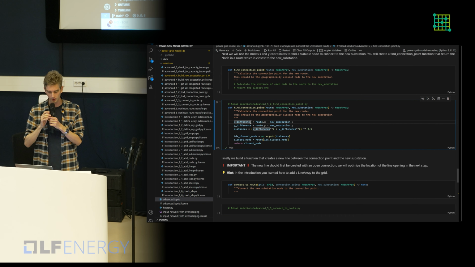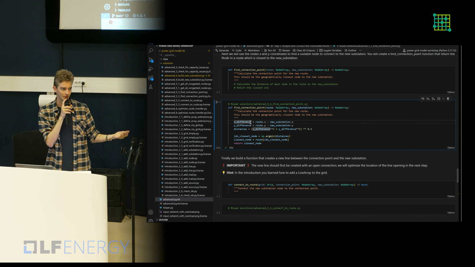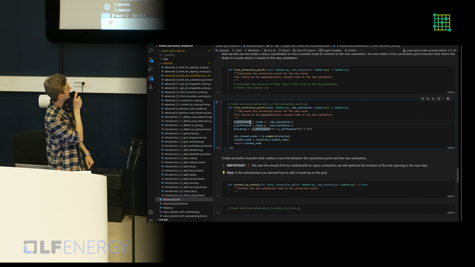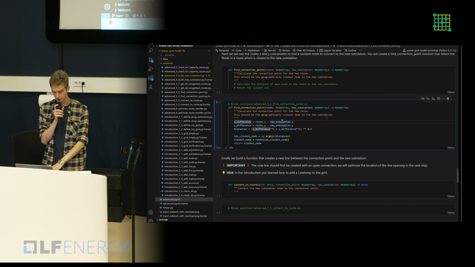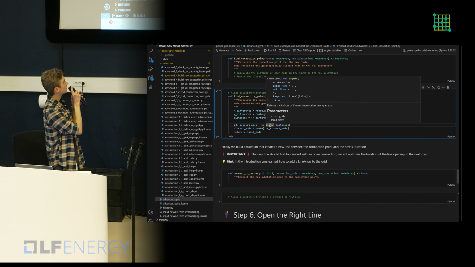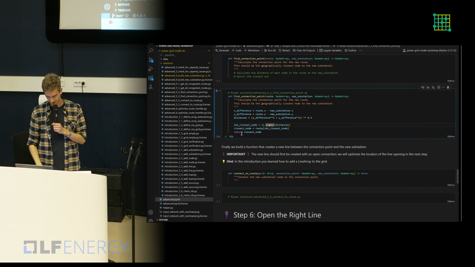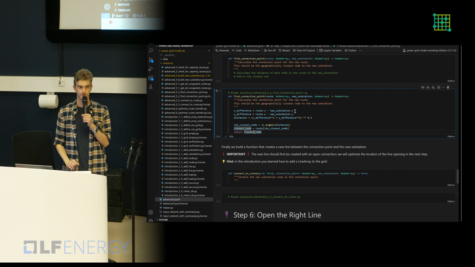We don't have a for loop here because this route object is actually a NumPy array, and we can use NumPy methods on this. So we subtract an array from an array, then we do some squaring and some square roots, and by picking argmin, we select the node that is closest to our new substation, and we return that. Any questions on this?